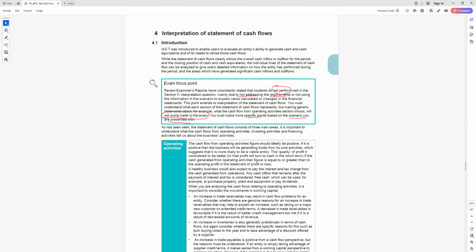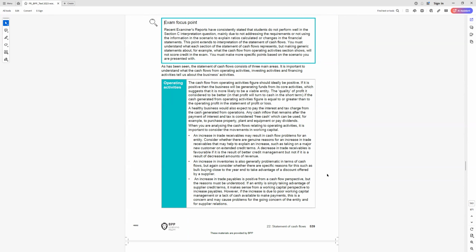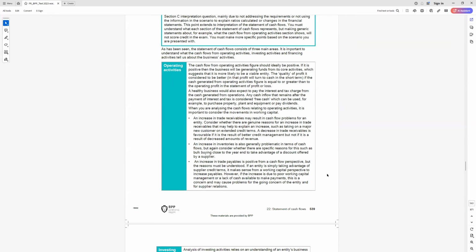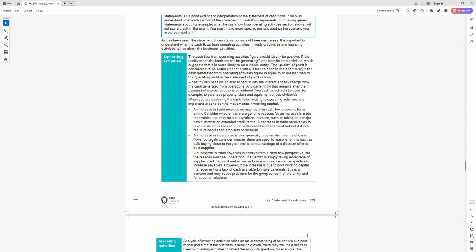All right, let's look a little bit at how it works before we go to one question and do it together. We have three areas. The first one is the operating activities. Operating activities mainly link with the company's profit and loss account. So when you're looking at the company's profit and loss account, or P&L account, or income and expenditure account, we are looking at the information that is more relevant to the